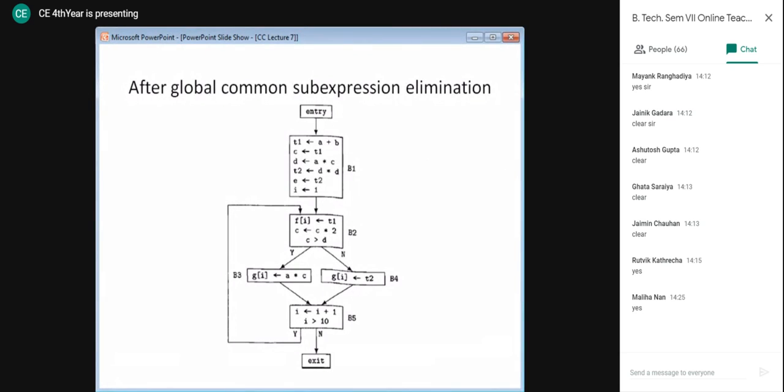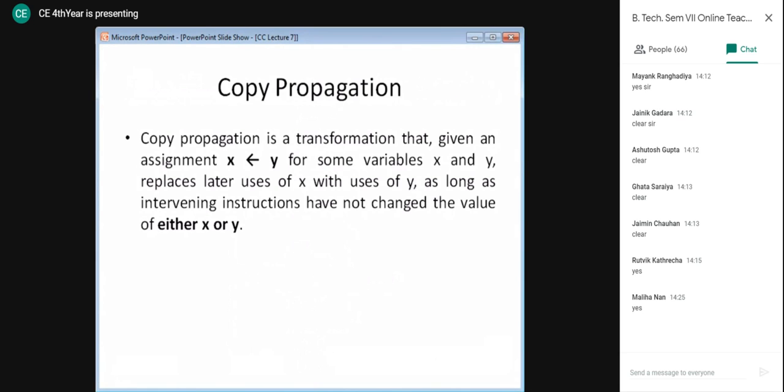Moving ahead with next type of transformation, that is copy propagation. Now, many a times before we go for common expression elimination, you may have copy propagation done.